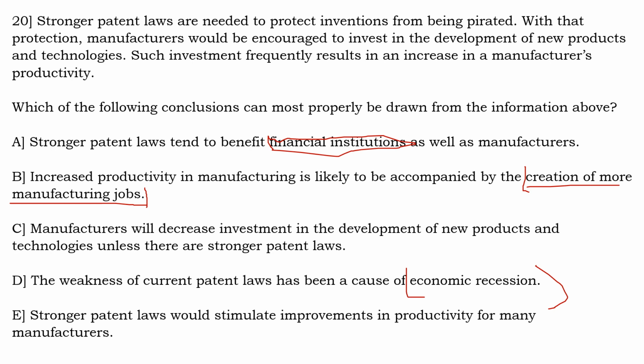So this is what option E is also saying. Option E is saying the stronger patent laws will stimulate improvements in the productivity for many manufacturers. So this is not directly stated but implied. So that is why we can take it as a conclusion. So you have a good answer, option E, and a probable answer, option